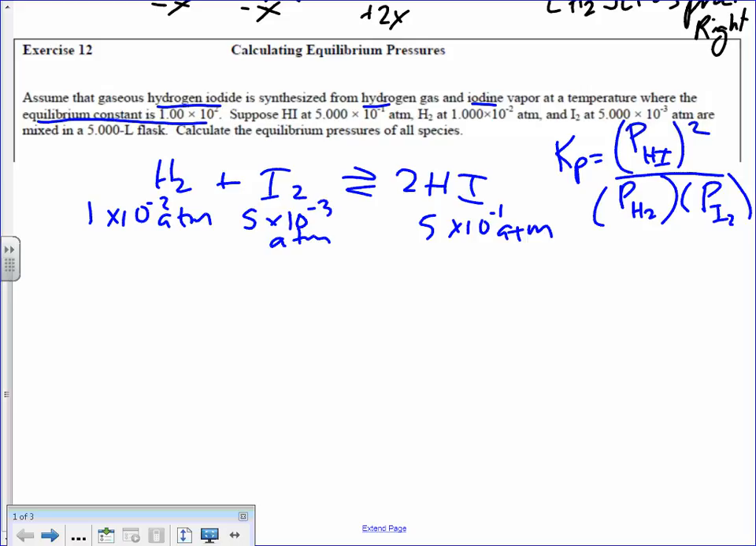So those are the initial pressures. What else do I need to do now? And this value is given. It says the equilibrium constant is 1.0 times 10 to the second. So that's what KP is equal to. So I need to do what now? Find Q. So if we plug those values in, the top squared divided by those two, you get Q to be,